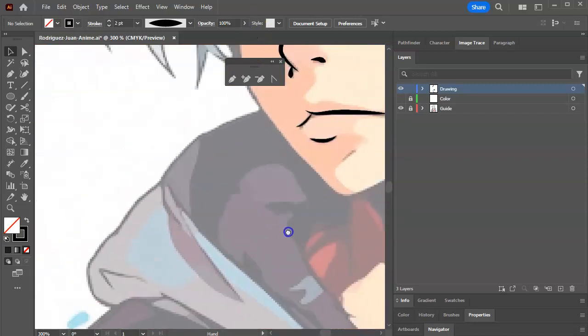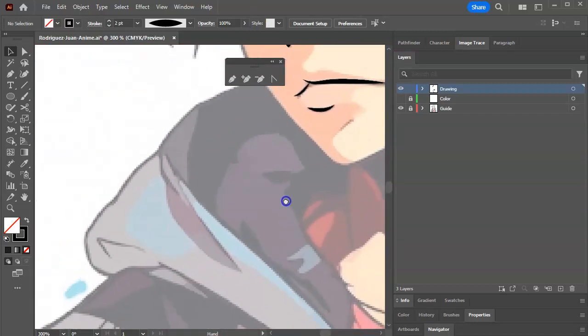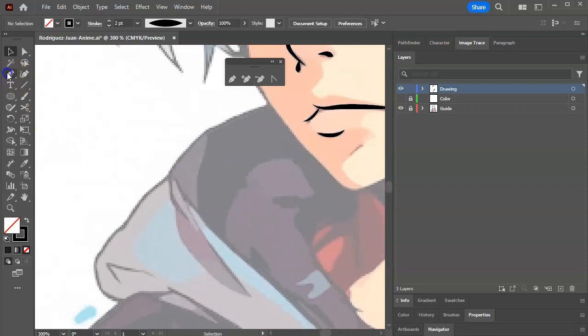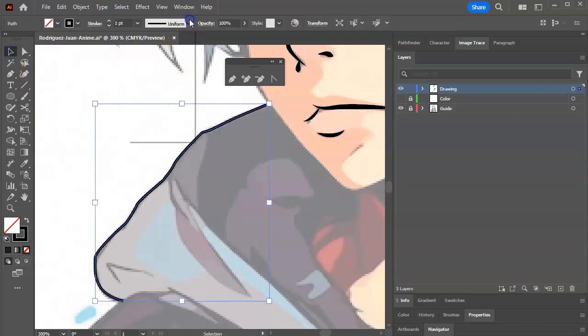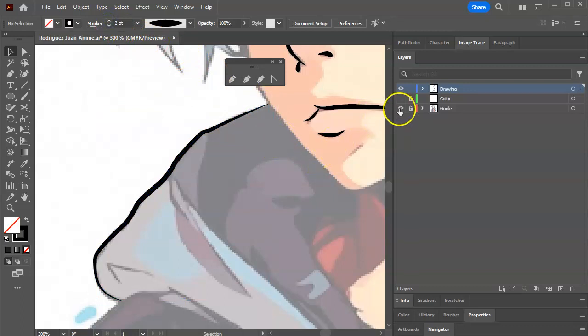So if we want to do the jacket, I still like to use brush strokes. So this one is kind of random. You don't want to go too long on a shape because then it gets super thin. So you've got to find a stopping point, like here, right there. Like it started here and it ended here. And I like to add a brush stroke. Let's see. The problem is it gets really thin around the edges. You see that? There, like that. If you make it too long, if I hide this,